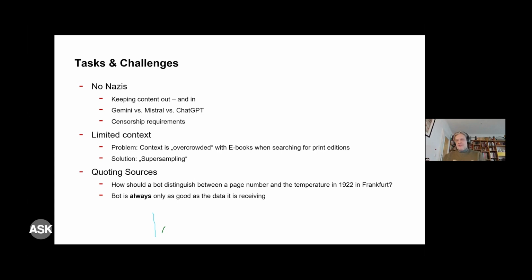Because on the one hand, of course, you want to have it out because you don't want to spread propaganda. But on the other hand, you want to have it in because if you're a scientist and you work on this time, you don't want to filter information for a scientist who's trying to discern where this attitude came from, for example. So there is a balance to be struck between what to keep in and what to keep out,